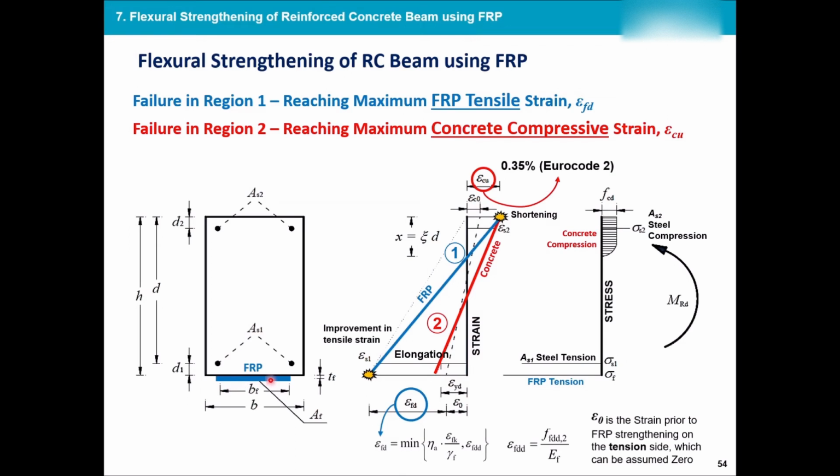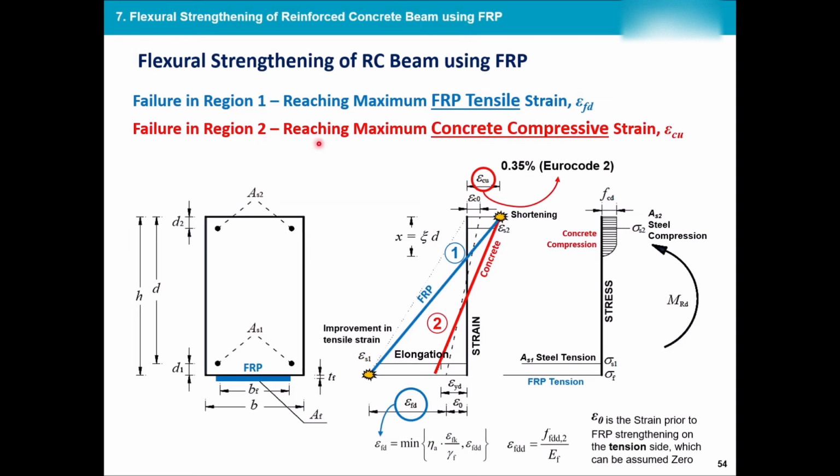Now that I have added FRP, the strain of my FRP is much higher than the strain of my steel. So you see, we have moved from here all the way to here. Now we discussed that the failure happens either in concrete or in FRP. So we called it region 1, reaching maximum FRP tensile strain, and failure happens, or we